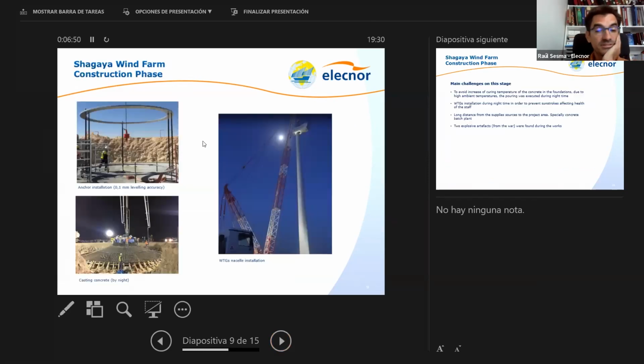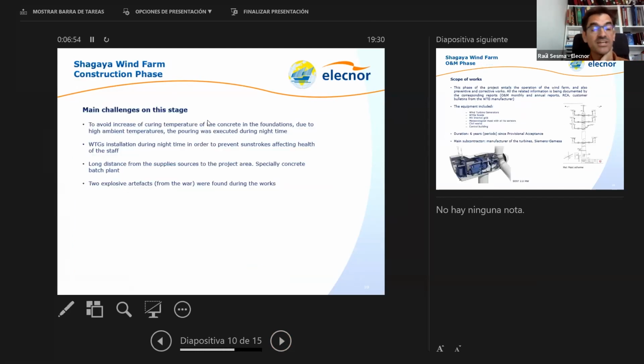These are some pictures during the construction phase. As we can see here, the main challenge during the construction phase for us was the high temperature, as in the rest of the installations in Shagaya. That in our case,